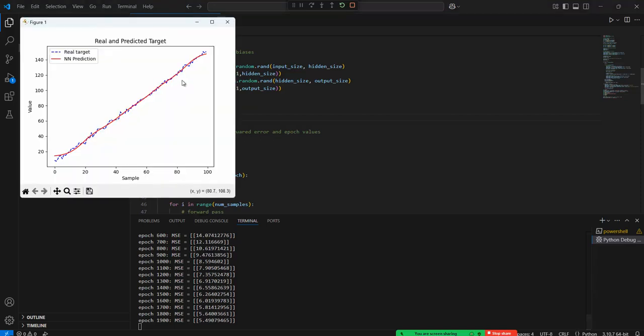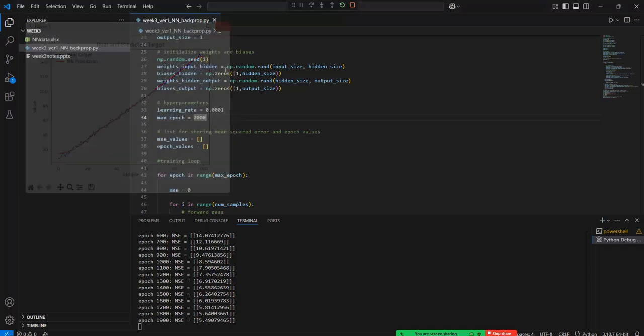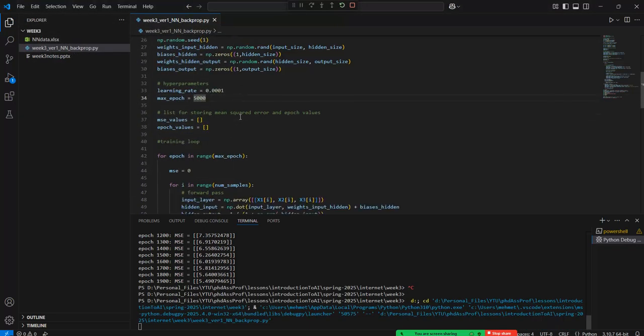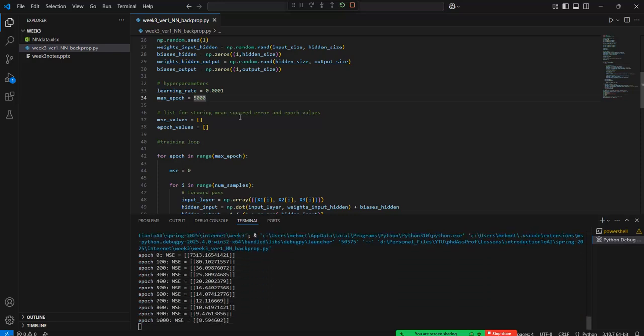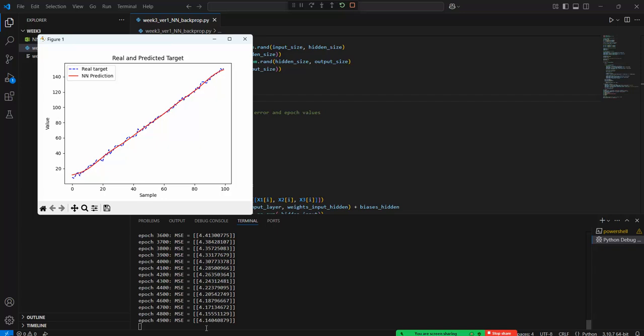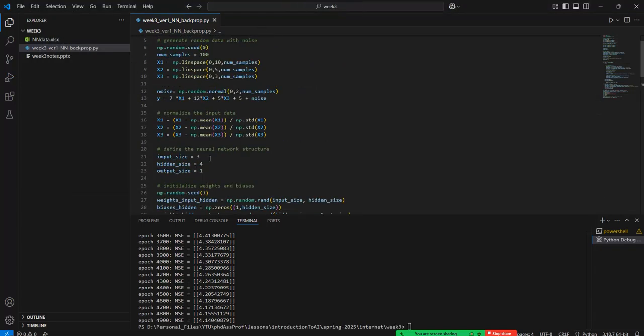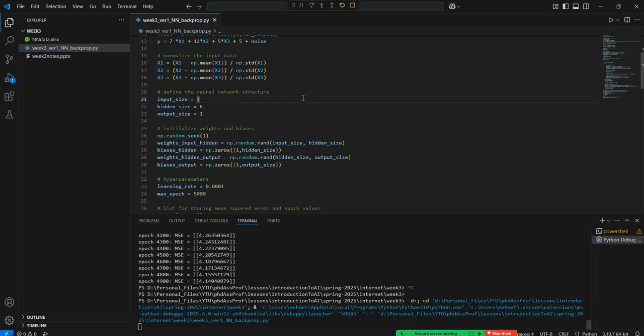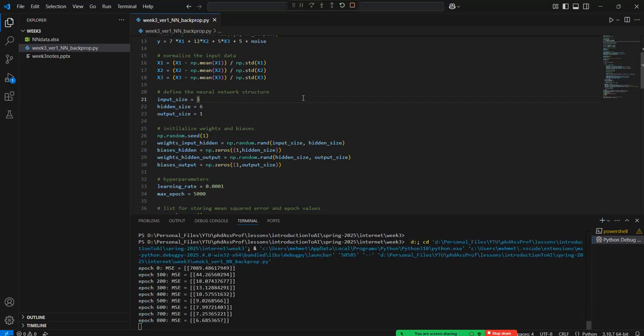See, this is more of a straight line right now, right? Or we can assign 5000 as the value, and so we can obtain more accurate predicted values, closer to the true values, because it's getting close to 0, right? Or we can change the hidden size number. For example, if I choose 6, and so see